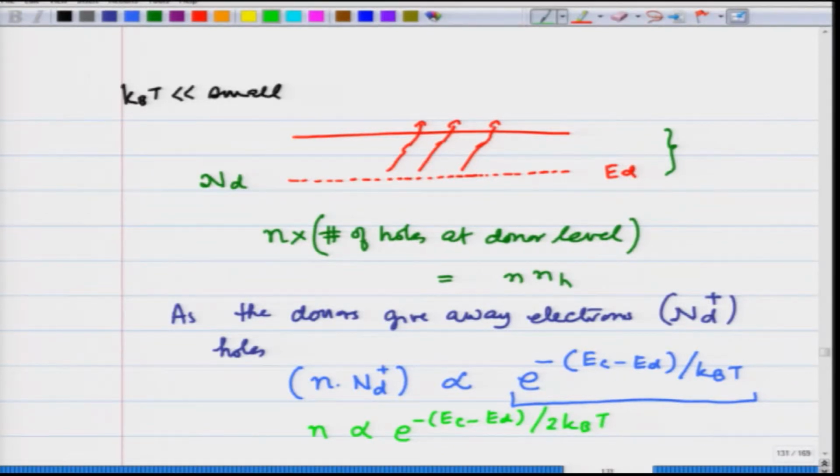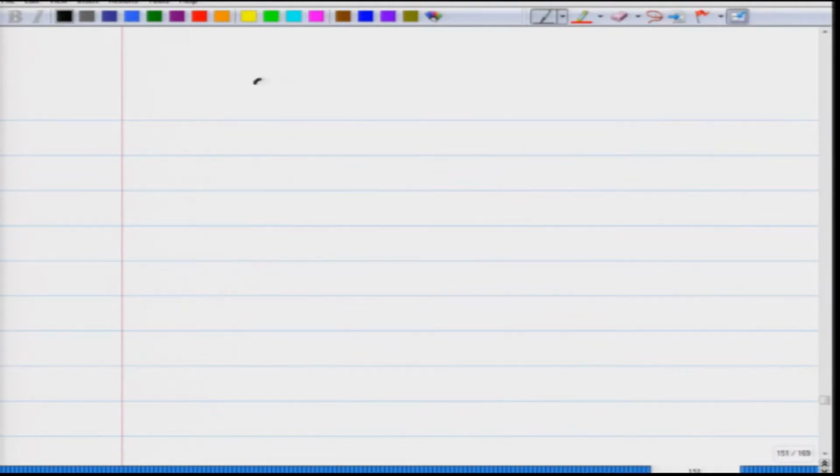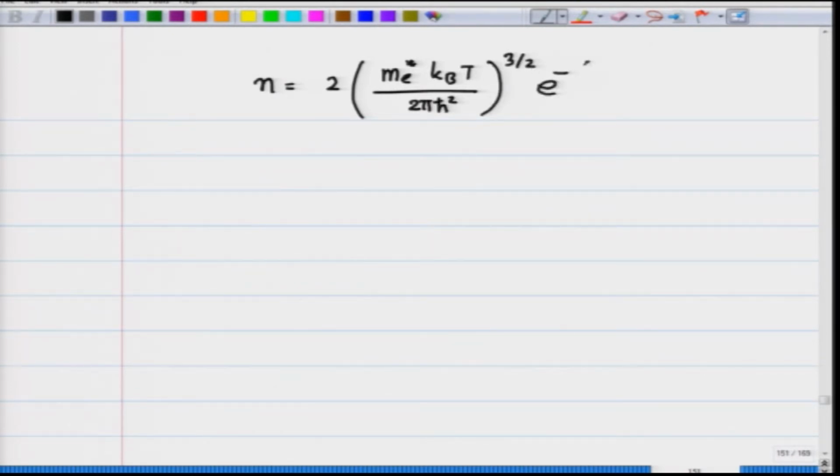If you want to get the prefix also, then I am going to have N equals to M_e* k_B T over 2π ħ² raised to 3/2 e raised to minus (E_c minus E_F) over k_B T. This is the number of electrons, and we are going to have N times N_D+ equals a function